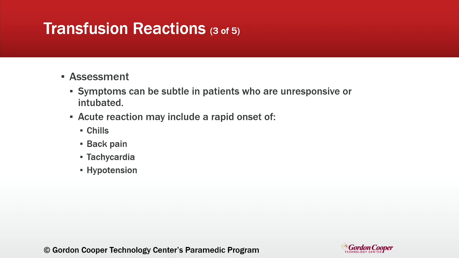The patient may experience a rapid onset of chills, fever, back pain, vomiting, tachycardia, and hypotension. Tachycardia and hypotension we would expect to see in a hypovolemic patient that's receiving blood. However, fever, chills, back pain, and vomiting, that is not normal. And in the unresponsive patients that can't tell you they're chilled and have back pain,